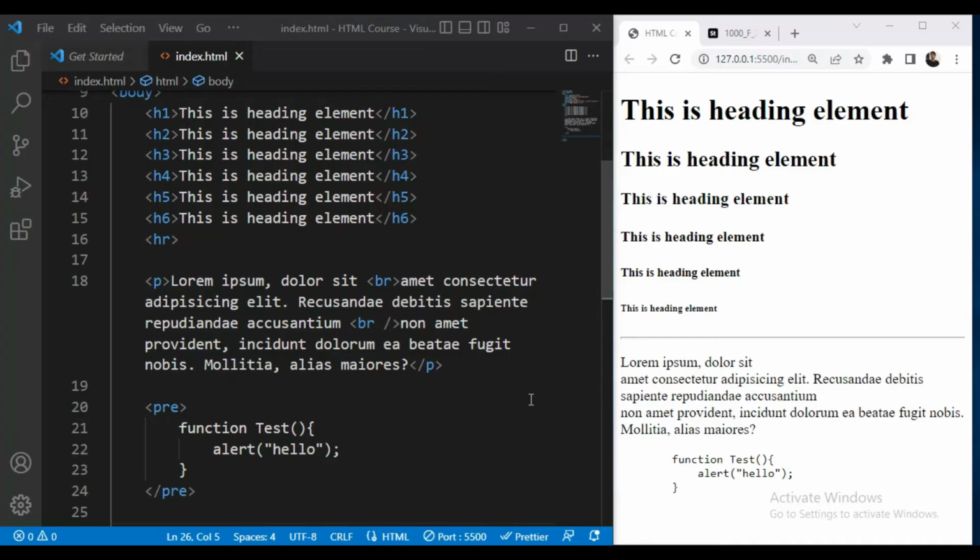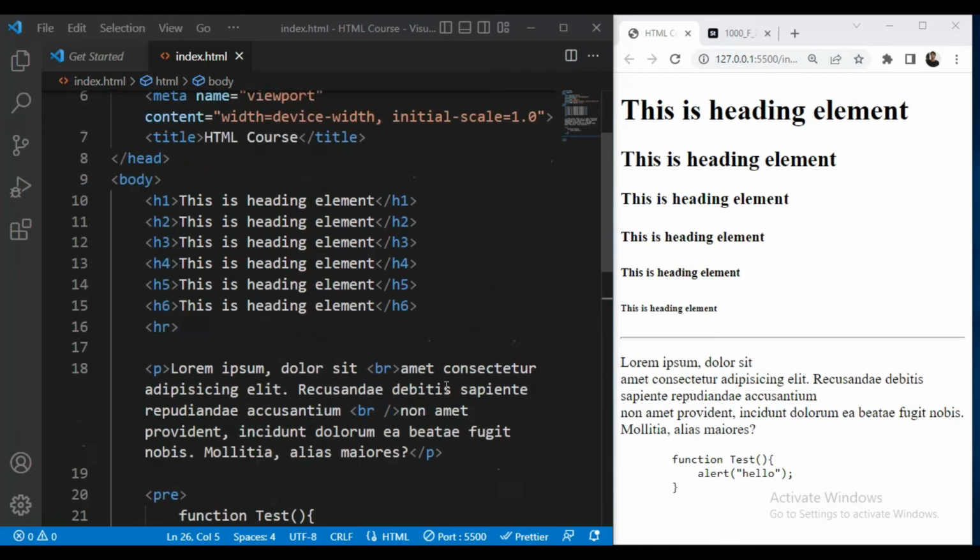Next, we will see the HTML formatting elements. But before that, we will see HTML comments. HTML comments are not displayed in the browser. Whatever you write inside the comment will not be displayed in the browser, and you can use it to document your source code.